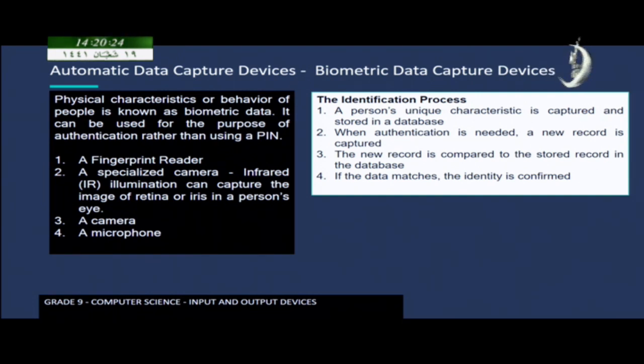So, we will be discussing biometrics. Biometrics is a process or method in which we identify a particular person based on his or her human characteristics. Different types of biometric devices which we can use include a fingerprint reader to recognize the fingerprint,